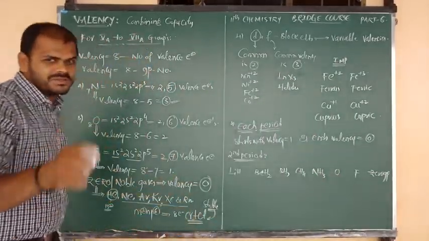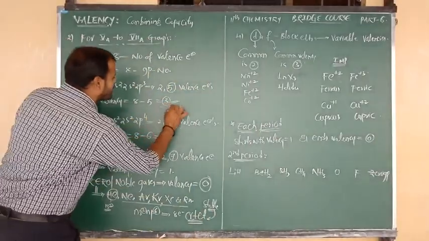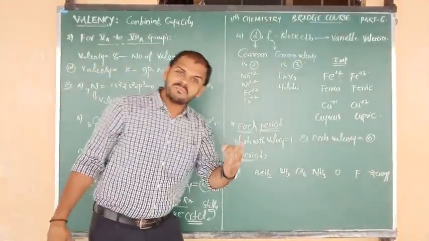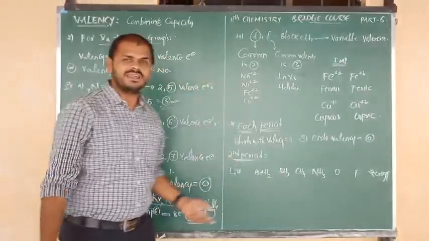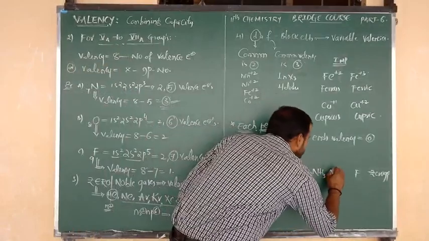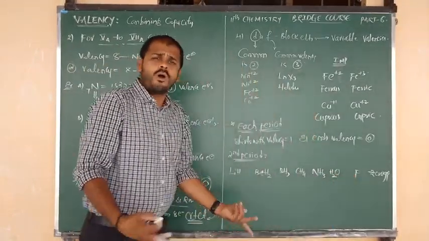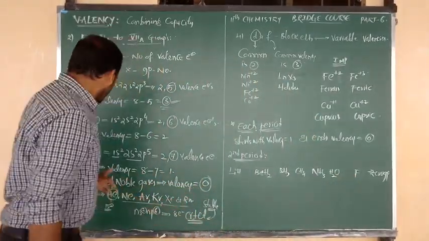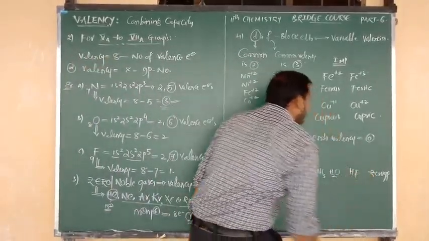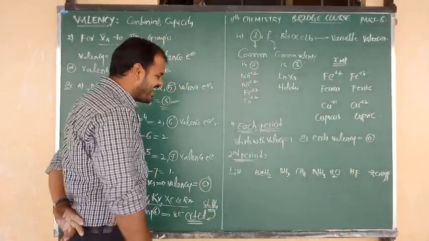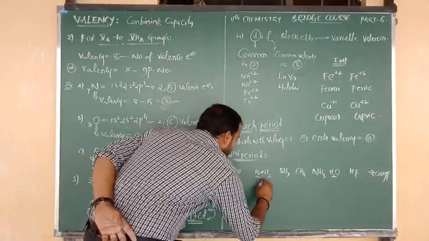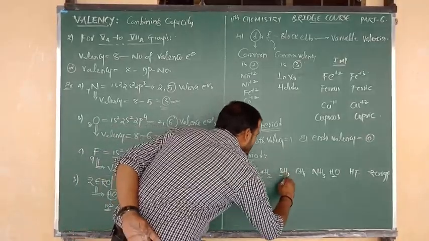Nitrogen can combine with 3 hydrogen because nitrogen valence equals 3, 8 minus 5, it is equal to 3. So combining capacity 3, nitrogen can combine with 3 hydrogen. Oxygen combining capacity 2, it can combine with only 2 hydrogen, simply H2O or OH2, no problem. Fluorine combining capacity is 1, so it can combine with only 1 hydrogen. Like that we have to write. So valency of lithium is 1, and here combining capacity 2,